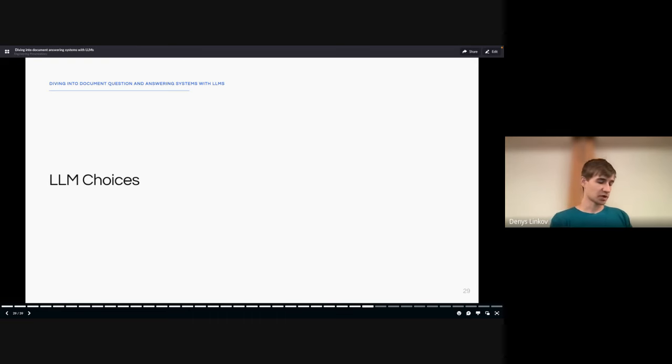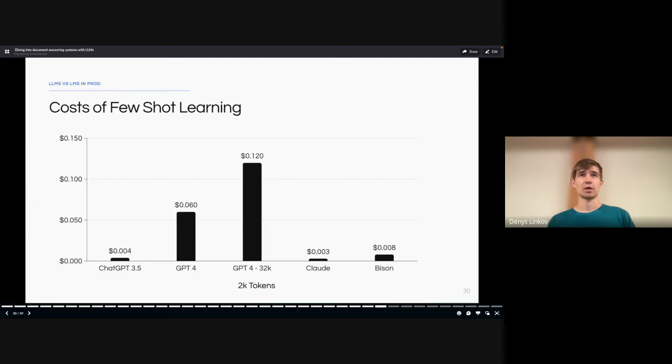So talking a little bit about the UX, the design of the system, we also made some choices on the LLM side of things, both on the embedding and the summarization layer. On the summarization layer, we summarized here the cost of retrieval tasks and few-shot learning, right?